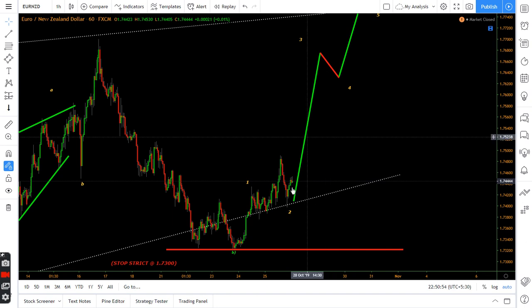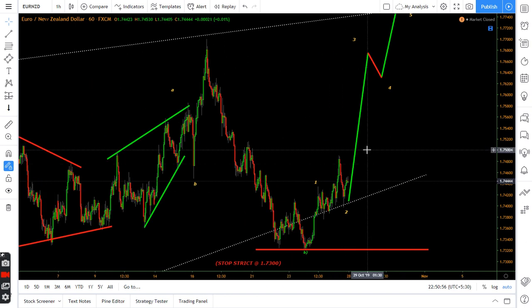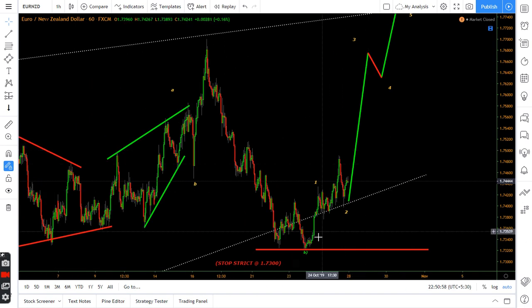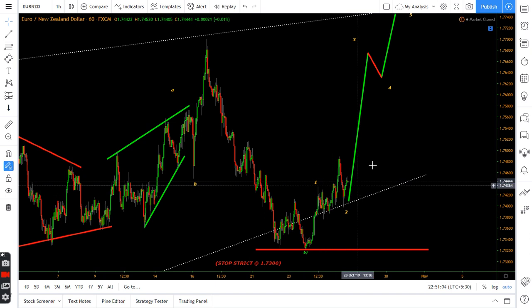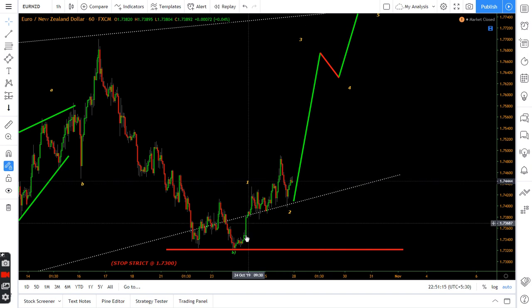What I'm telling is the risk reward is more here. If it is doing exactly what I am thinking, I have placed this stop loss at 100 pips down, because this is the C wave, meaning the 5-wave structure. That second wave won't overlap or go below that first wave. So I have